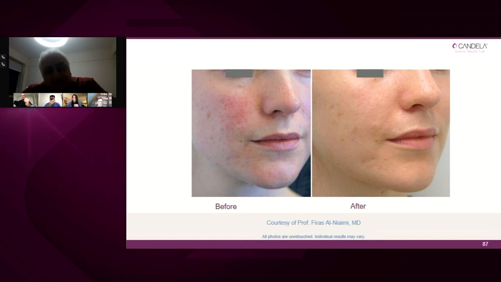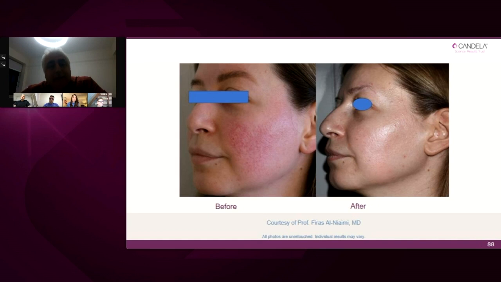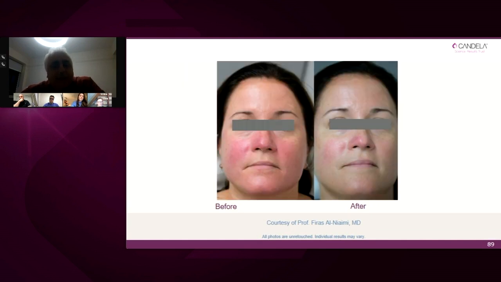So even for the very fine redness, in this case, it's going to be a short pulse duration. You don't necessarily need purpura. Some colleagues do want purpura. I don't like to do purpura in rosacea, but it's a short pulse duration. The key thing here is more than a single pass. You do get better results when it's more than a single pass. Another example here, the patient had demodicosis and very nice results using the pulse dye laser.